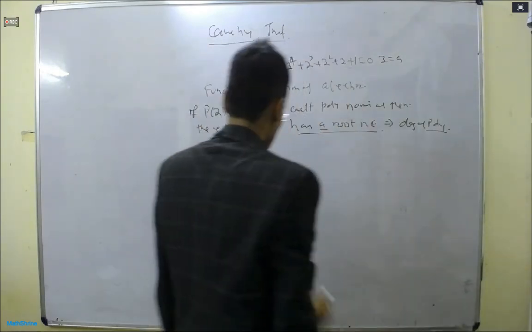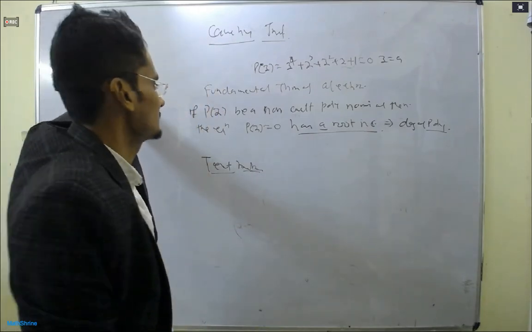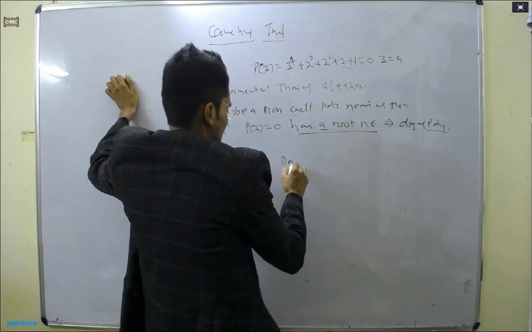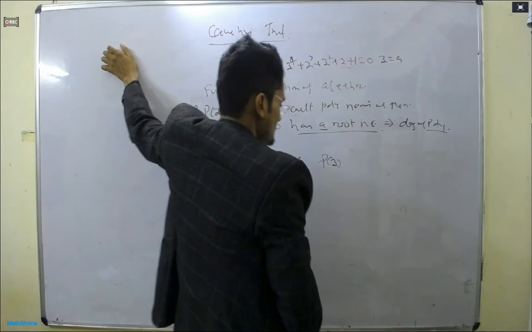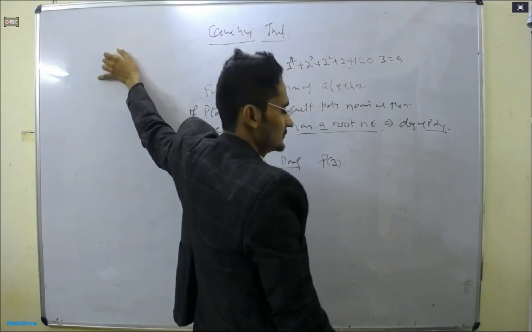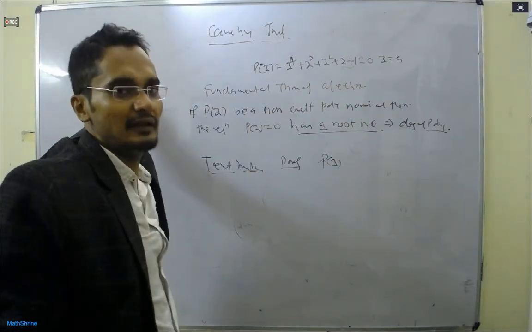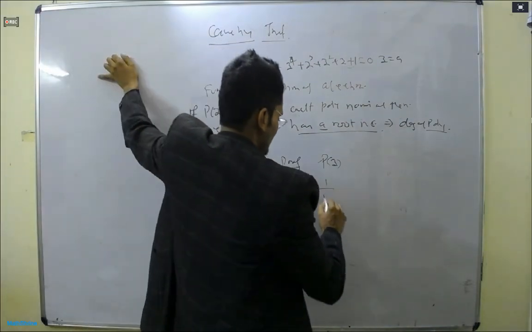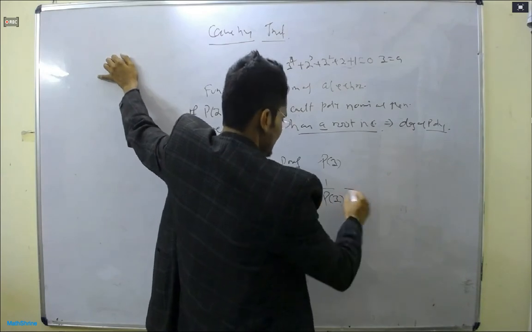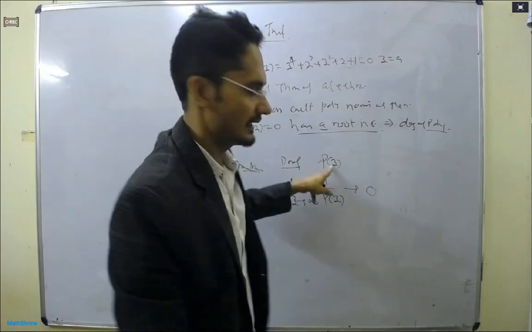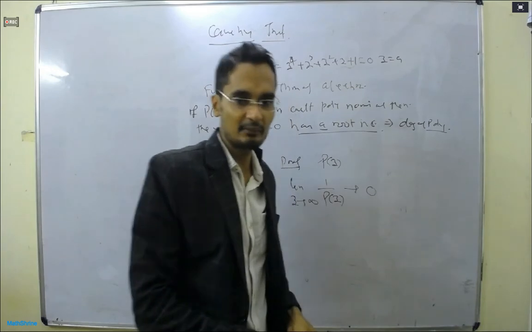Suppose it does not have any root. Then we can write 1 over P(z). We can apply the limit as z tends to infinity, it will tend to 0. What is the meaning of this? It implies that in the neighborhood of infinity the function is bounded. And when z is finite, this function definitely will be bounded. So it is bounded and entire, and using the Liouville theorem, the function is constant. That is the contradiction, since we had already taken the polynomial to be non-constant.